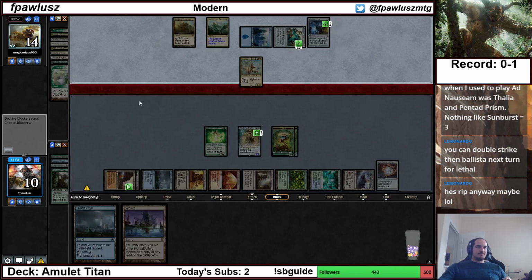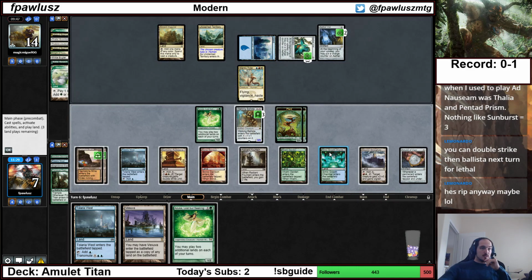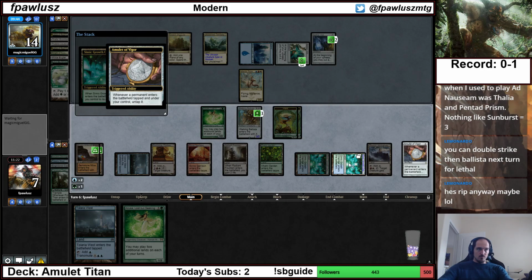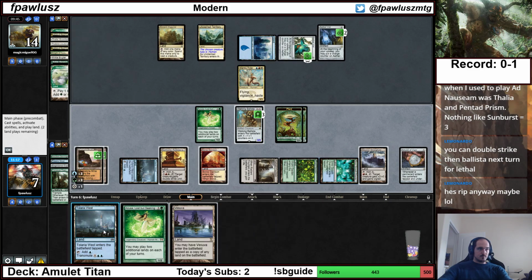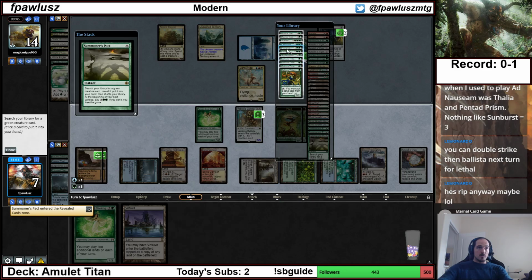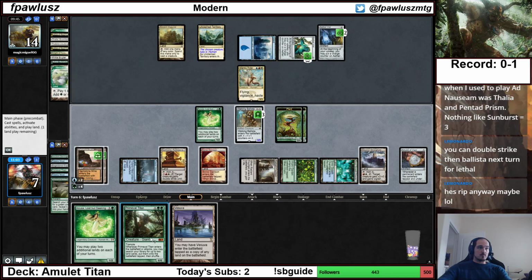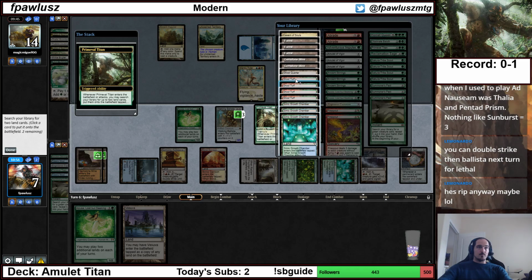Take 3. I imagine my opponent's gonna make me go through it, but they are dead. It's just slightly annoying. 1, 2, 3, 4. Summoner's Pact. Primeval Titan. Yeah. Yeah, sometimes